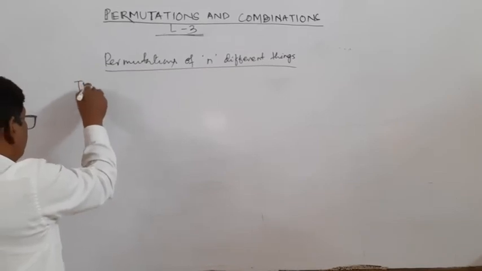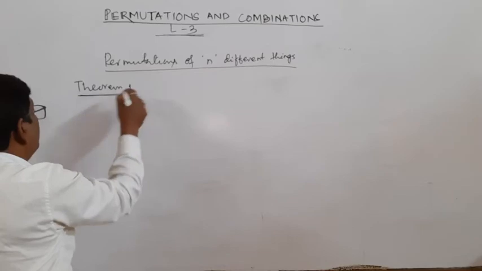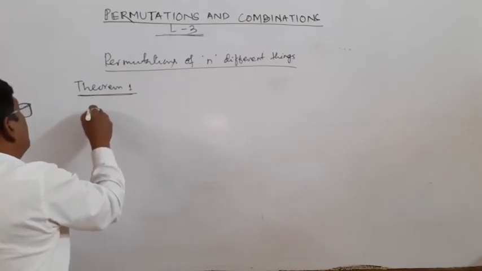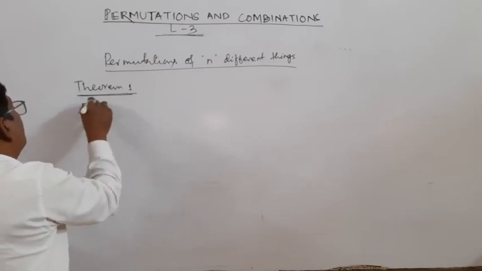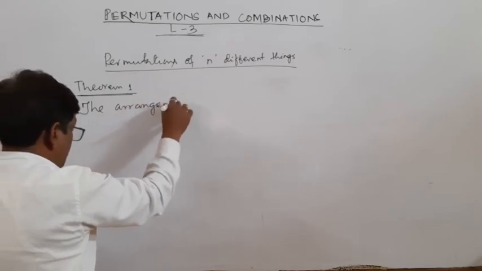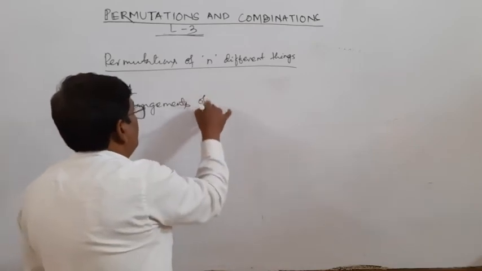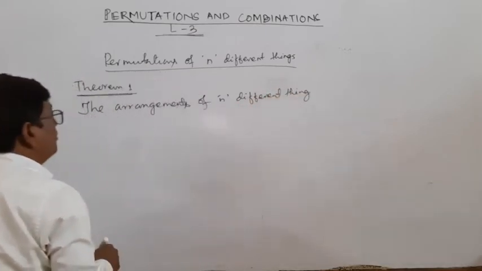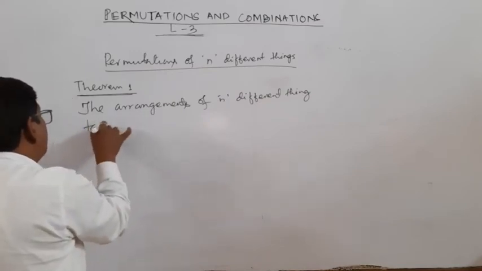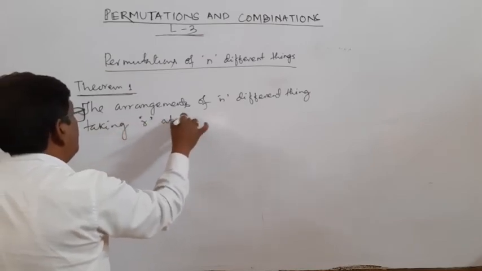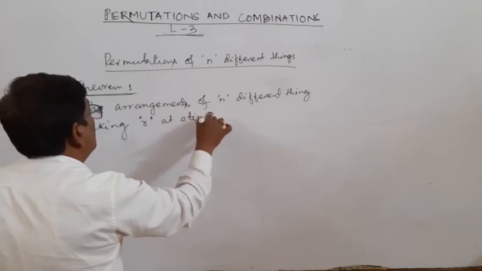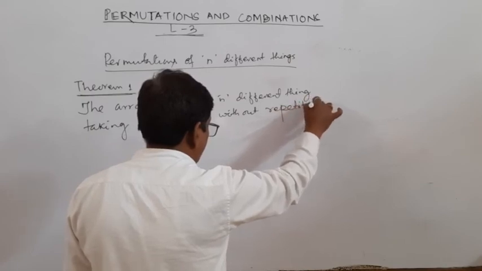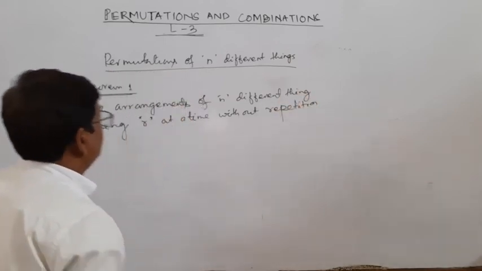Theorem 1: the arrangements of n different things without repetition, the arrangement of n different things taking r at a time without repetition, is